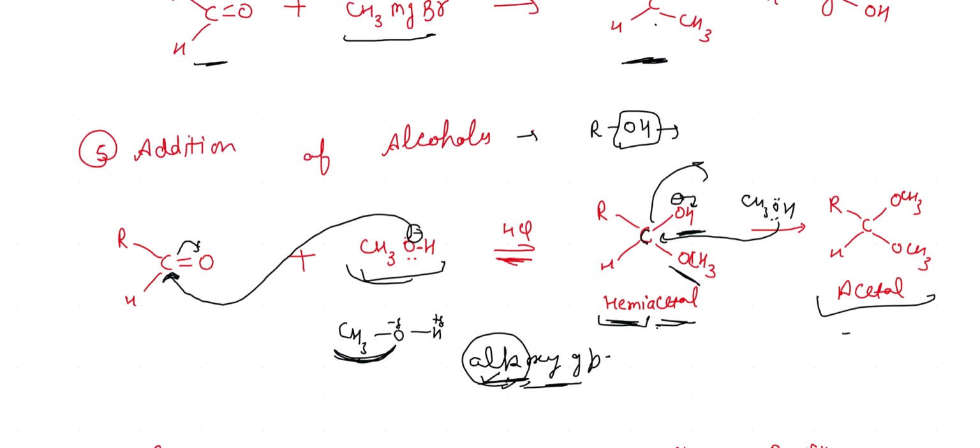Clear? This is also known as gem-dialkoxy compounds, because both of these methoxy groups are present at the same carbon. Clear? Okay. So next is,